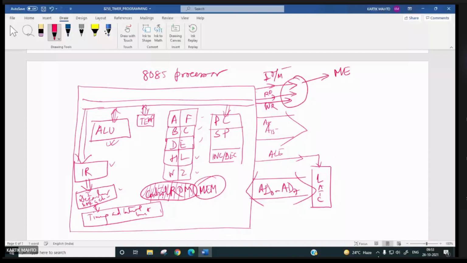IO device, right? IO device. And we need to have 8255 if